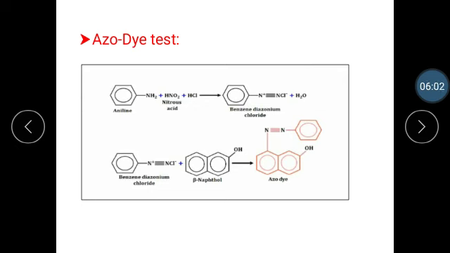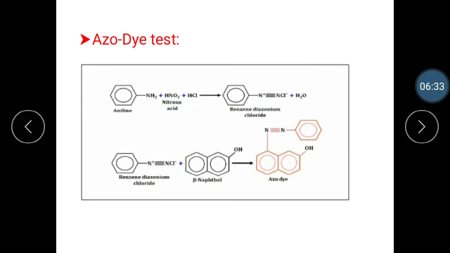Shake the test tube well to dissolve the sodium nitrite in water and to get sodium nitrite solution. Using another dropper, add a small quantity of dilute sodium hydroxide in test tube C. Shake the test tube well to dissolve the beta-naphthol in dilute sodium hydroxide solution. Then cool the test tube in a beaker containing ice cold water for some time.